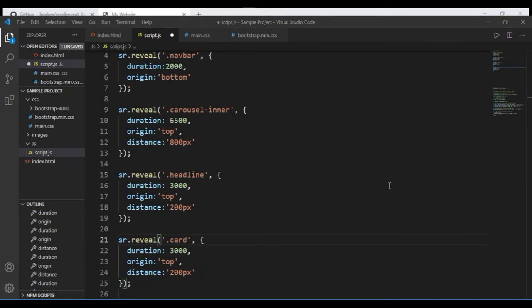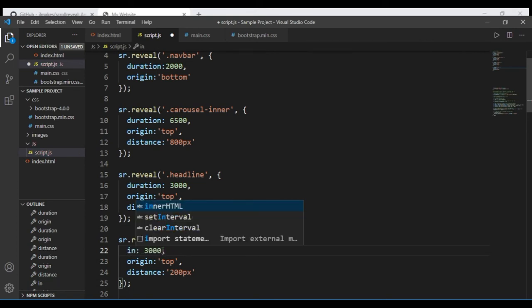you're going to have it. Now this one you're not going to have a duration, but you're going to have an interval. Interval means, since they are cards and there are 3 of them, we want them to appear in a sequential manner. That is, in terms of the numbers, instead of having them just pop in all of them at once. So we want them to have an interval duration. So we are going to change the duration to interval,